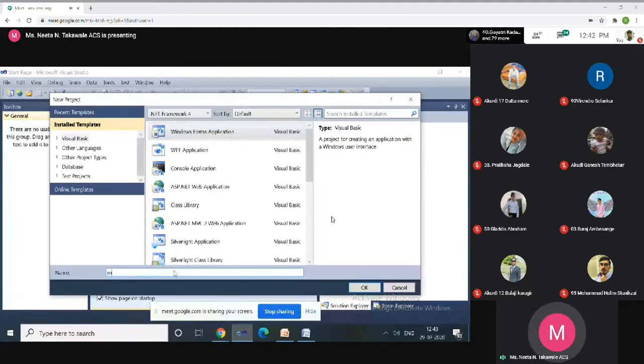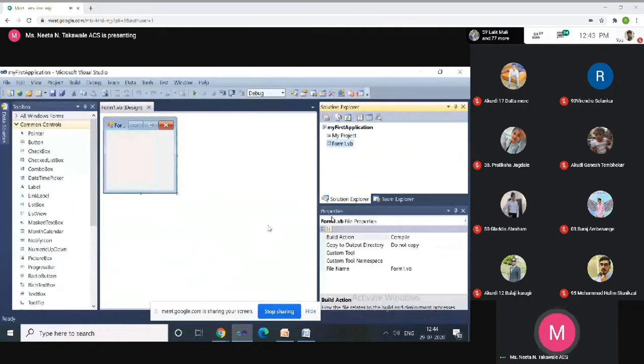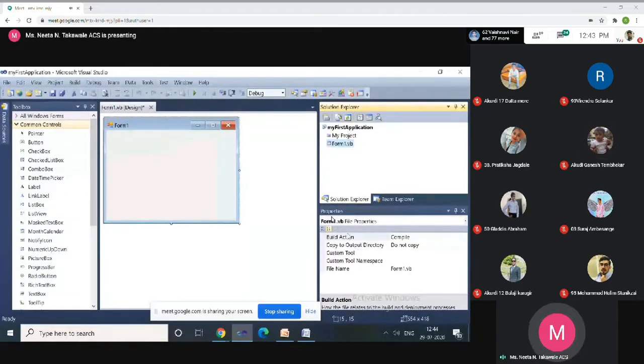Here this is the demo, so I'm assigning the name my first application. Now it opens a window.